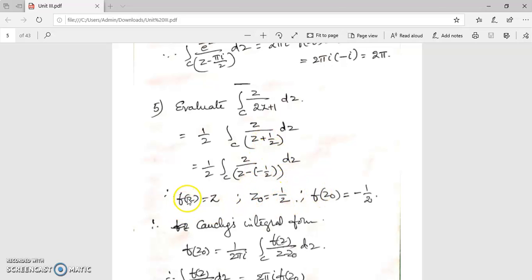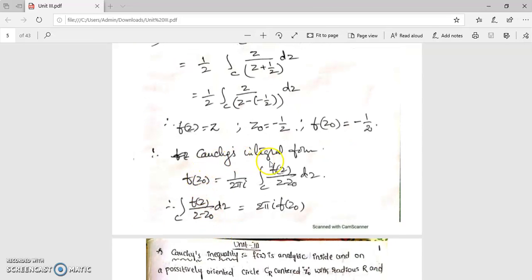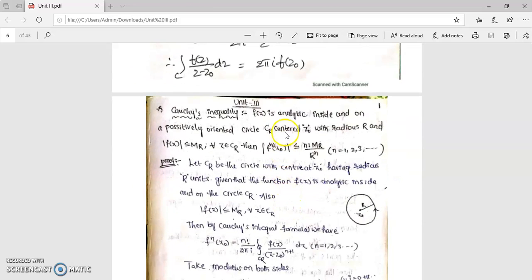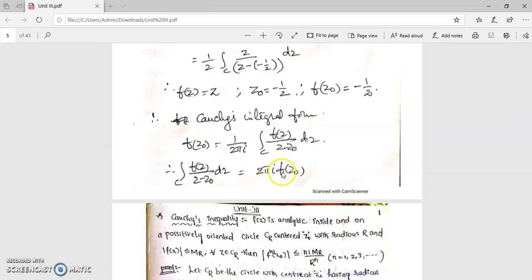And f of z naught, substituting z naught here, in place of z we will get minus half only. F of z naught is equal to minus half. By Cauchy's integral formula, as we know, it is 2 pi I into f of z naught. So substitute here 2 pi I into f of z naught is equal to minus half. Minus half into 2 will get cancelled. Therefore, we get